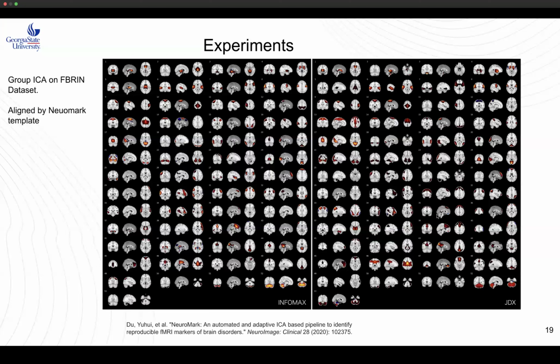Okay. For the experiments on fMRI data, I do group ICA applied on the F1 dataset. The components are selected based on the alignment with the Neuromark template. You can see the results from Infomax and GDX have a lot of aligned components, but not all of them. And even if they capture very similar components, one of the components I really want to show is